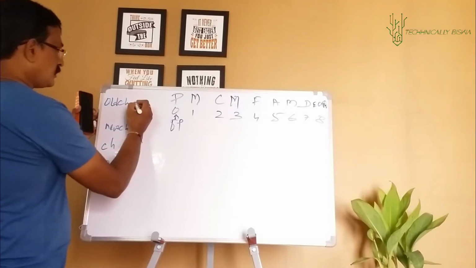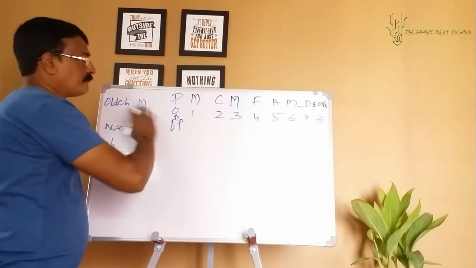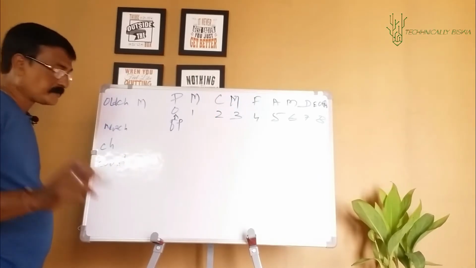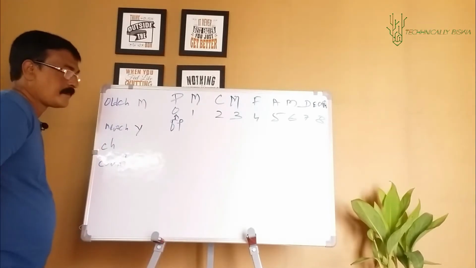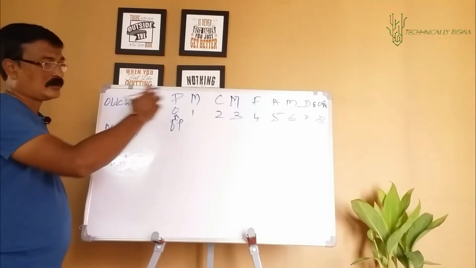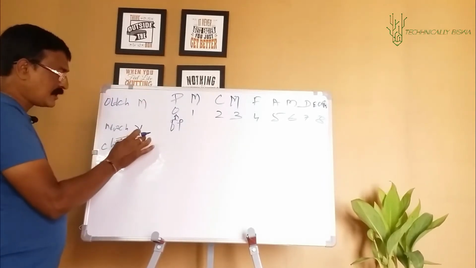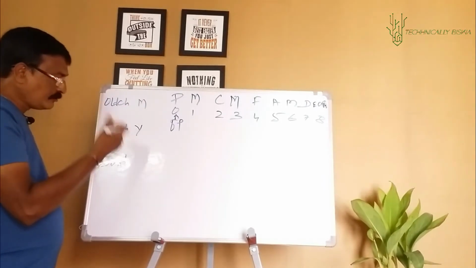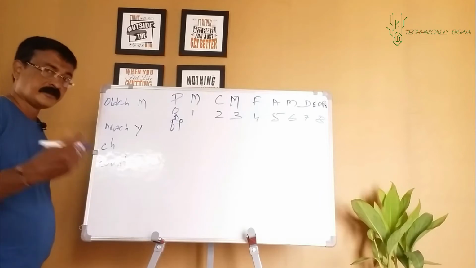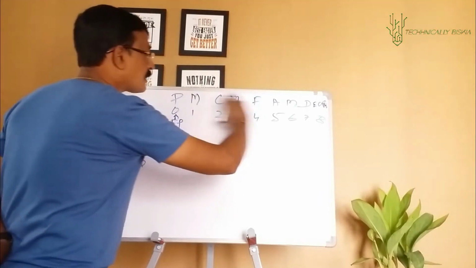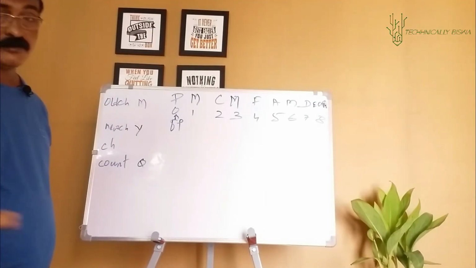Oldch, the user enters m. So what does the user basically want to do? The user wants to find m throughout the file. Wherever it is found, it will be replaced with y. Hope you got the whole program. Look for m. Wherever m is there, replace it with y, and whenever you go for a replacement, do the count. Count is 0 right now. Got it? So what do I need to do? I need to read the entire file till end of file, and character wise. So have a look at the program again.